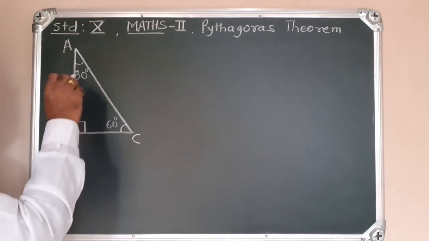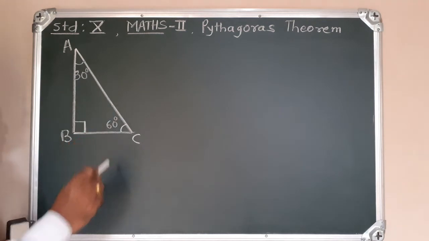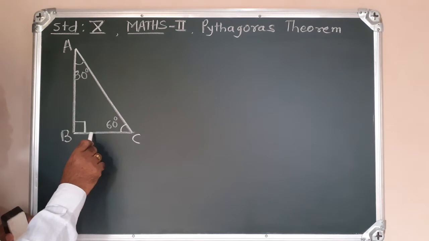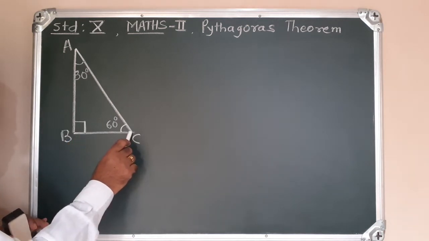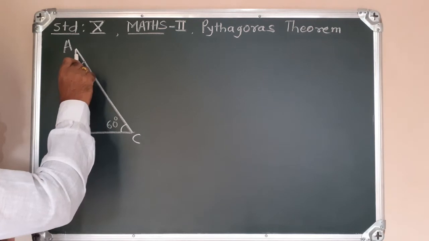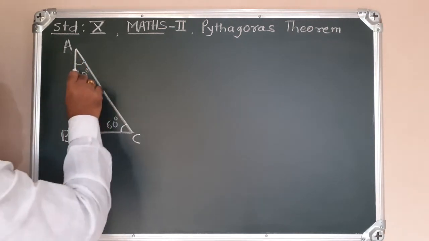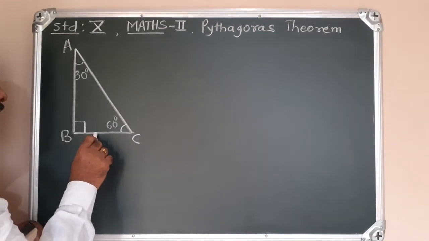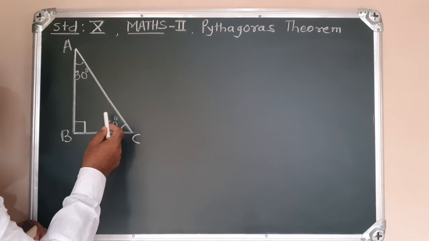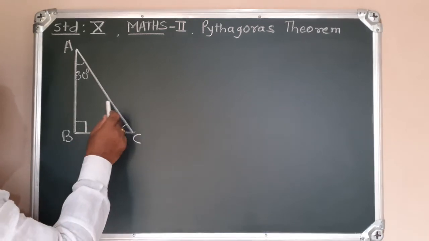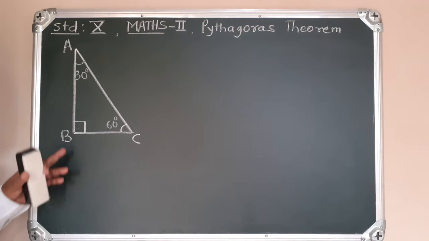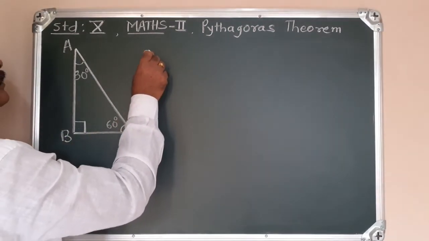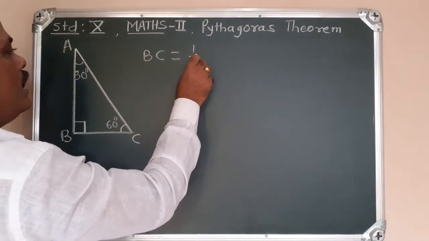And if acute angles are of measure 30 degree and 60 degree, then side opposite to 30 degree angle, that means which side? BC. Which angle is 30 degree? A. Then leaving A, what remains? BC. So side opposite to 30 degree angle is BC. So this BC is half of hypotenuse. Which is the hypotenuse? The side opposite to 90 degree angle, that is AC. So AC is hypotenuse. So BC is equal to half AC.